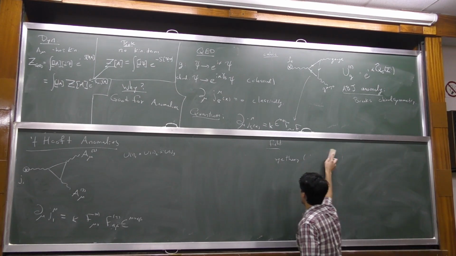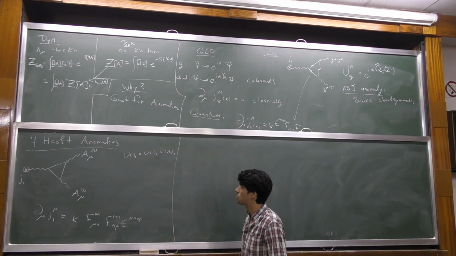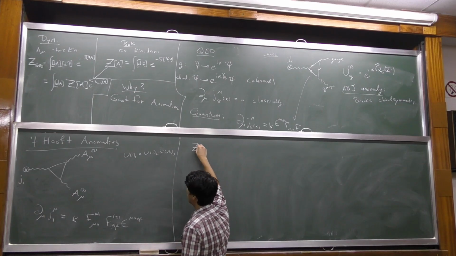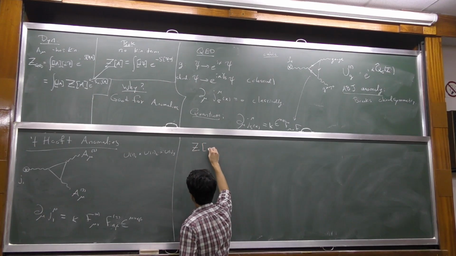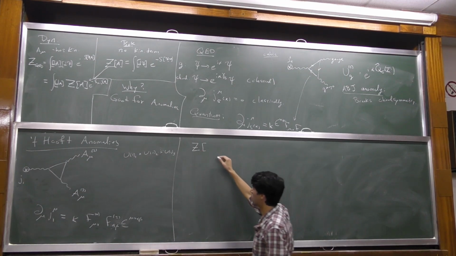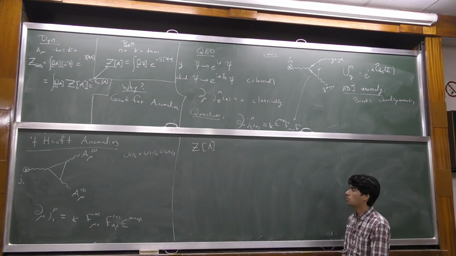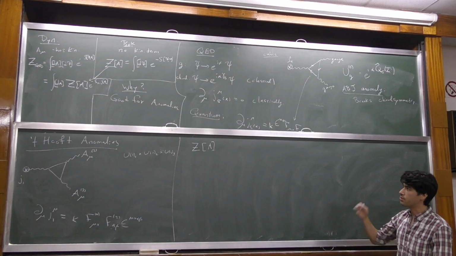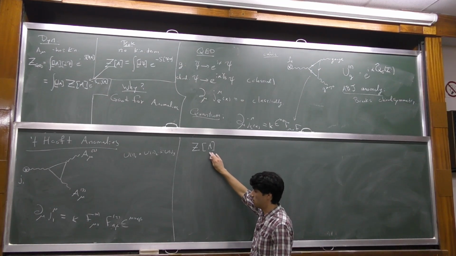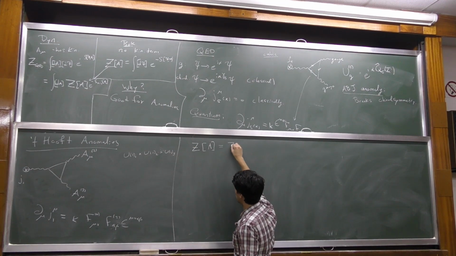So this is going to be something that we return to a lot, and so it's useful to write these anomalies in a simpler way. I told you if you have a partition function and you turn on a background gauge field, it now becomes a functional of the background gauge field. And I also told you that the way we couple the background gauge field to the theory is in a gauge invariant way. So if your symmetry is conserved,